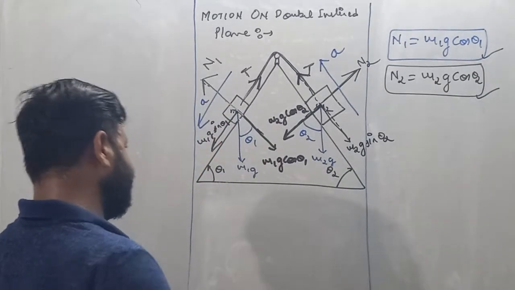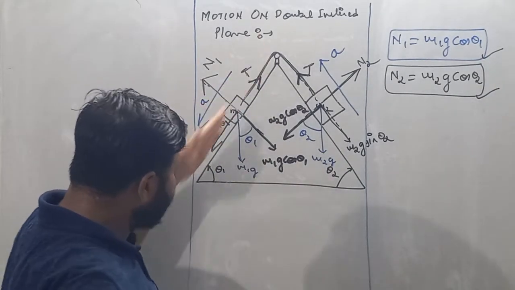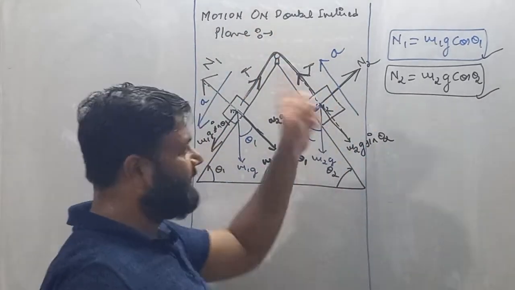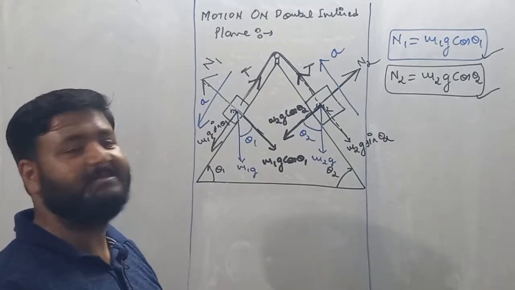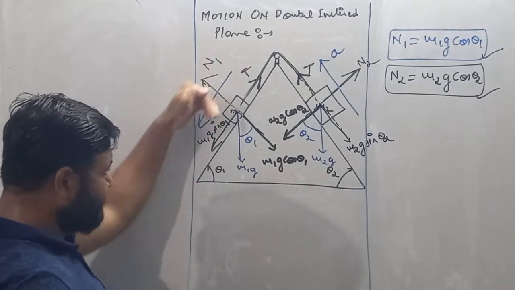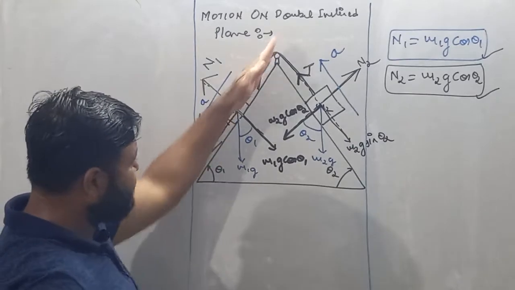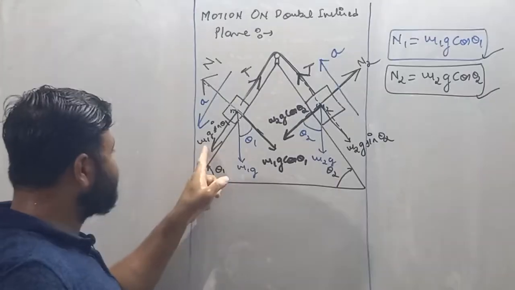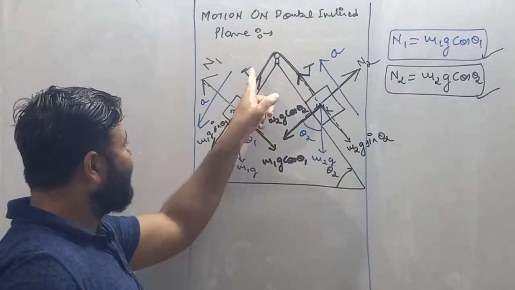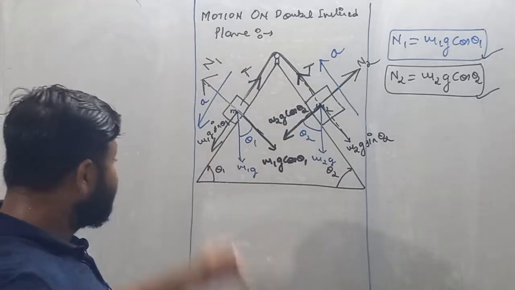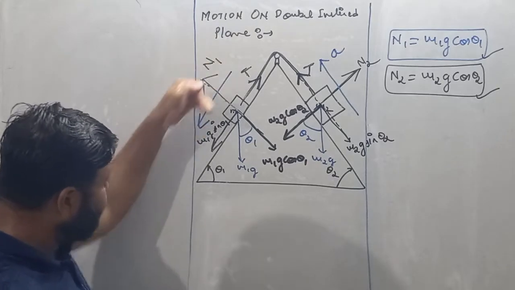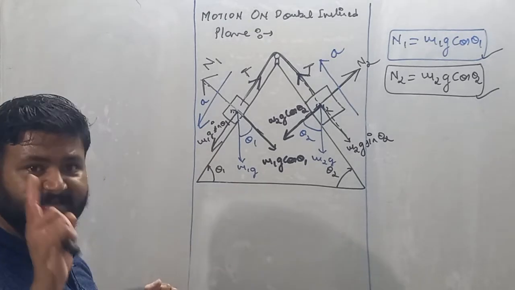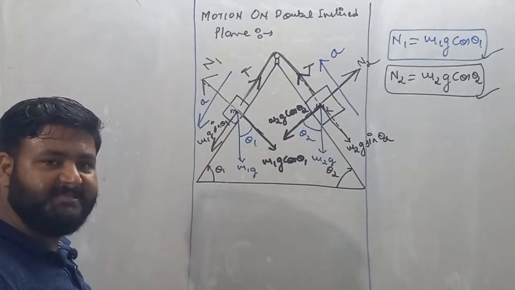Now see, the axis of motion is this, and for this block the axis of motion is along this side. So now we will apply net force is equal to m a net. This block is moving down, so the axis of motion is this. Along this axis we have two forces. One is m1g sin theta 1 and another force is tension. See, my dear student, the acceleration is in the downward direction. It implies m1g sin theta 1 is a bigger force compared to tension.